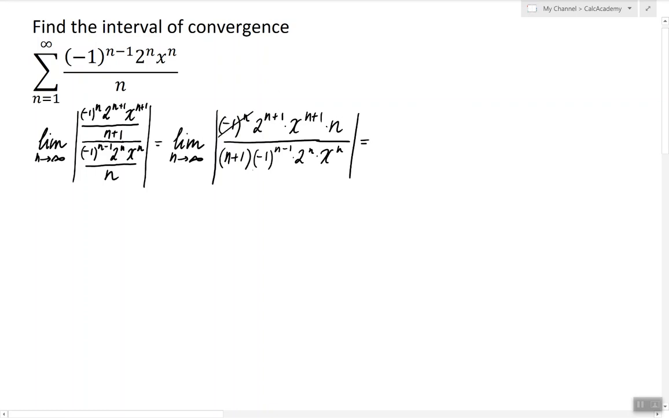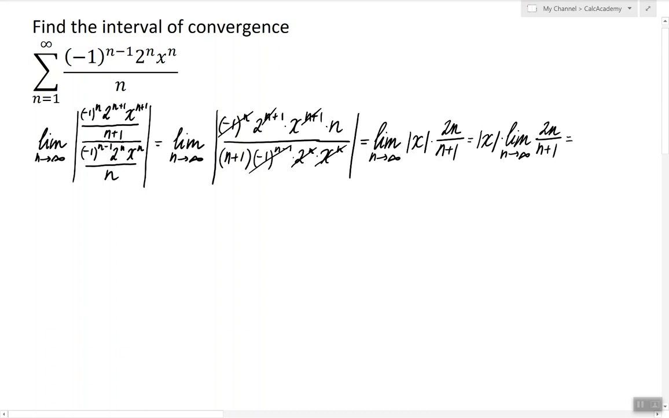So (-1)^n is irrelevant when we have absolute value. 2^n can reduce this 2^n, and x^n can reduce this x^n. So what's left in the limit is the following. We still have absolute value of x. We have 2n over n plus 1. Now, absolute value of x can be factored out of the limit, and this limit right here